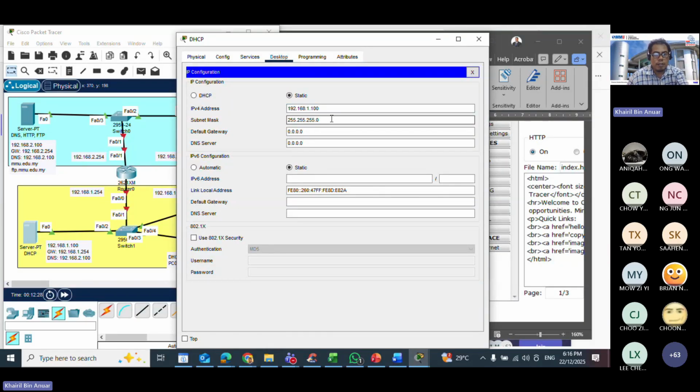Subnet mask 255.255.255.0. The default gateway will be 192.168.1.254. Okay, and the DNS server also 192.168.2.100. Okay, so this one would be the DNS server. Okay, so you can close this.